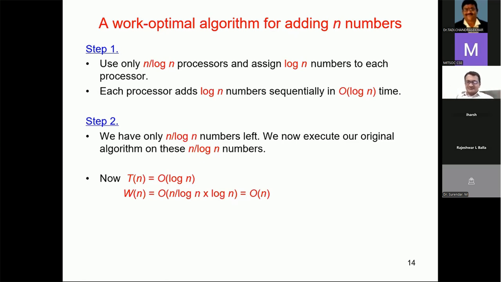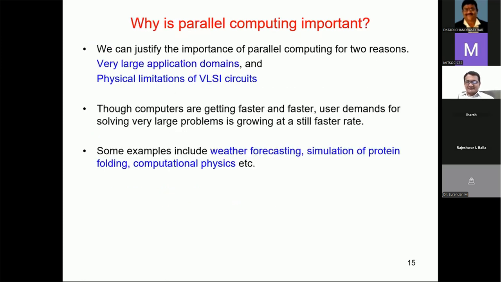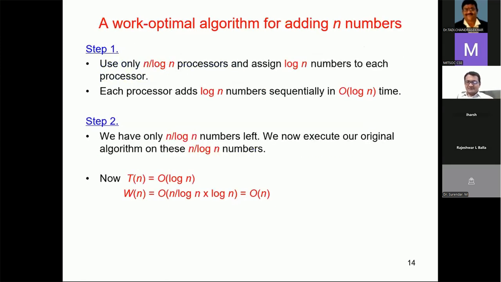So now tell me, again the trade-off. This is my better algorithm as compared to sequential. Yes or no? Please answer my question. Is it a better option as compared to the sequential algorithm? Yes, sir. Obviously, this is a better option as compared to the sequential algorithm, but this is again better as compared to our earlier parallel algorithm, right? Making sense? Okay. So now, what is our objective?